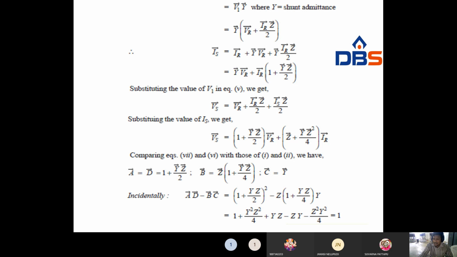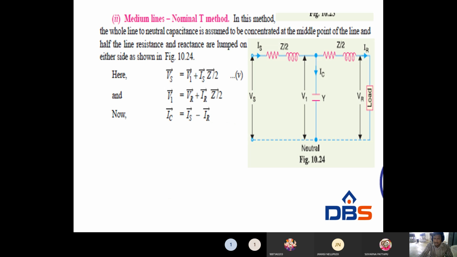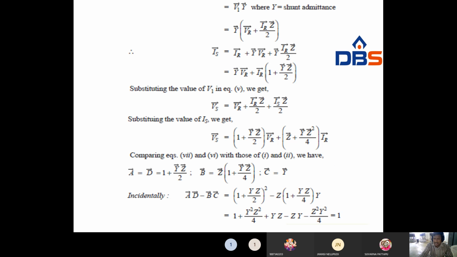But we know the V1 value, right? Already we know the V1 value here, we substitute it there. So Y into VR plus IR into Z by 2. And we know the IS value. IS is equal to IR plus IC. We keep IR as it is, and in place of IC we substitute this value. Therefore, IS is equal to YVR plus IR into 1 plus YZ by 2, taken as equation 5 or 6,